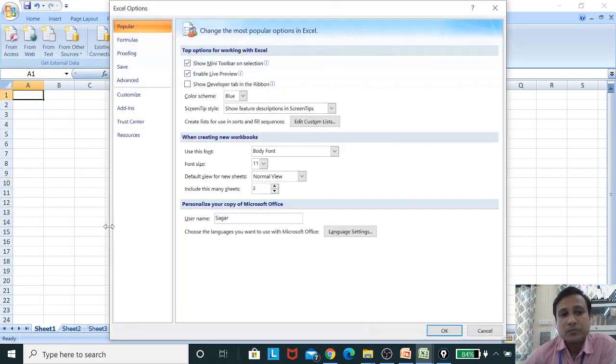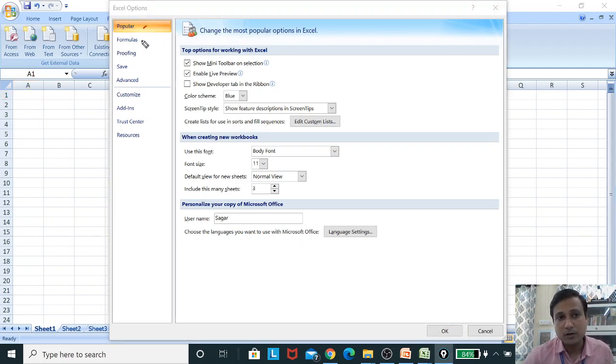You click on it, then again a new dialog box appears, and in that new dialog box there are different Excel options, the popular or the formulas or proofing. There are many, but you are going to select or choose Add-ins. Fine. So we are going to click on the Add-ins option.